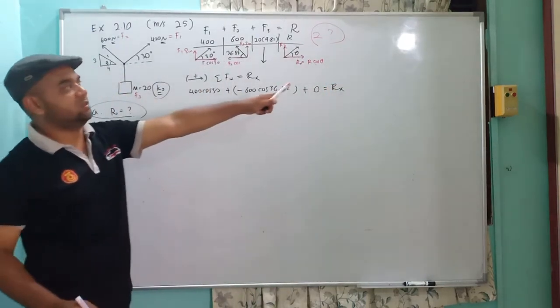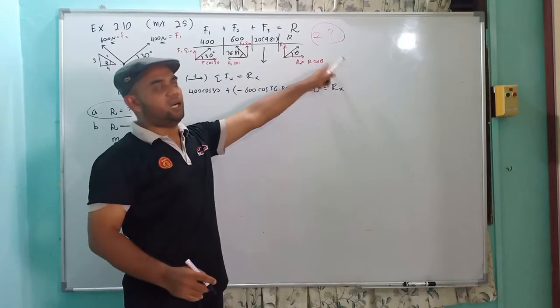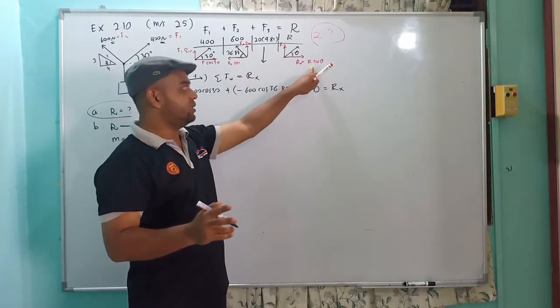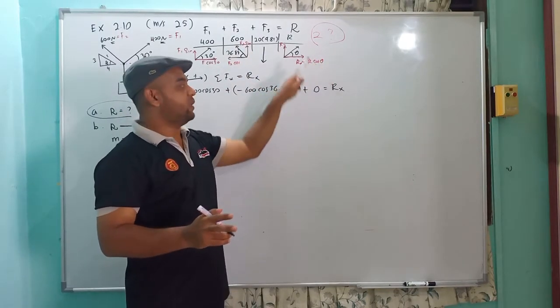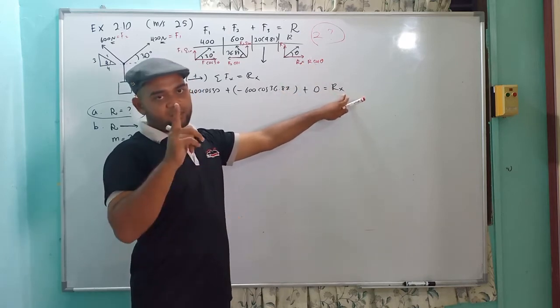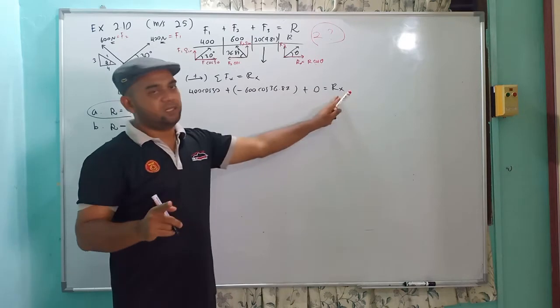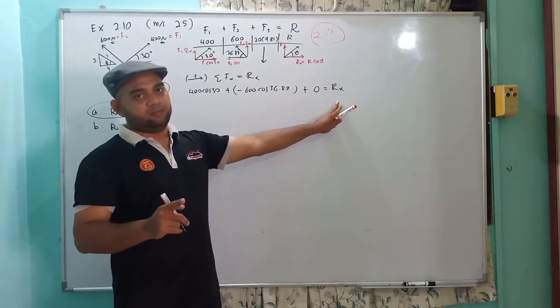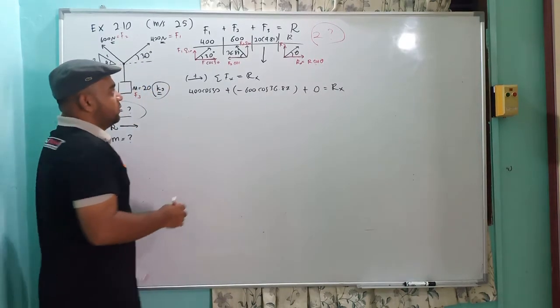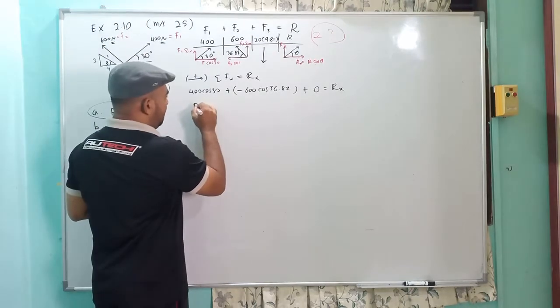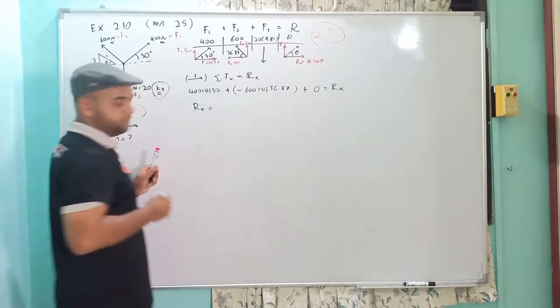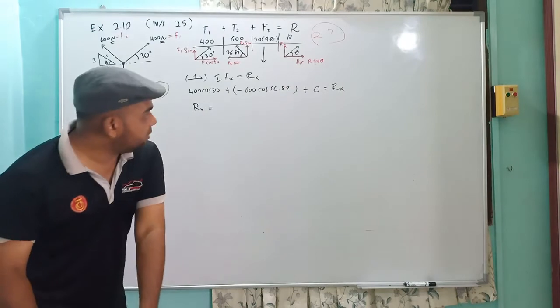Okay, I will put only Rx because if I put R cos theta, I will have two unknowns directly here. R I don't know, cos theta I don't know. But if I put Rx, I only have one unknown, which is Rx. I can solve this equation directly. You see here, there is only one unknown. Okay, so from here you can get the Rx equal to. Okay, so solve for that one.